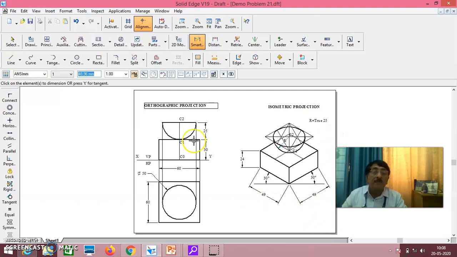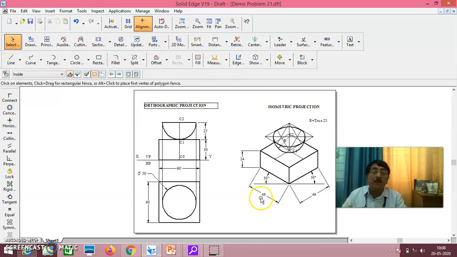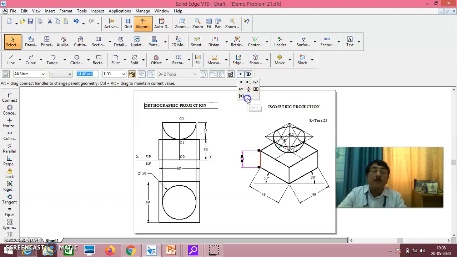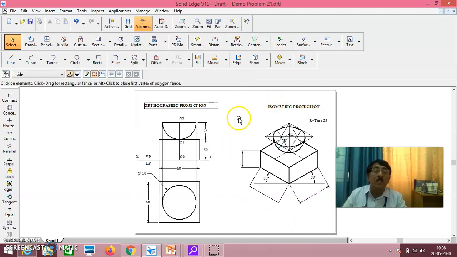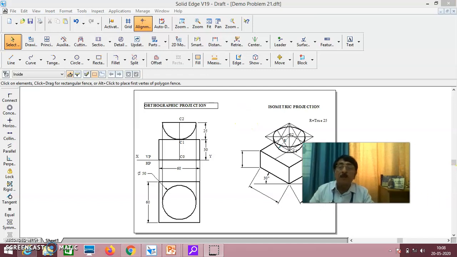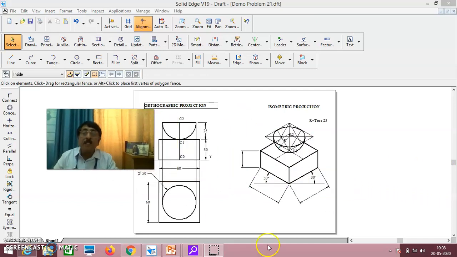This you make it as blank. This also you make it as blank. This also you make it as blank. Once you do this, you get ready for all this.